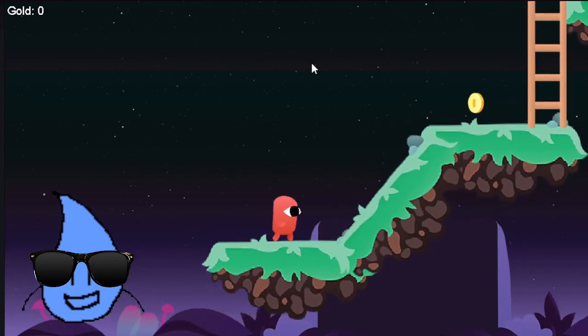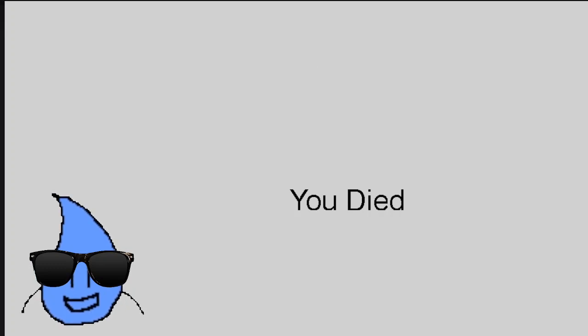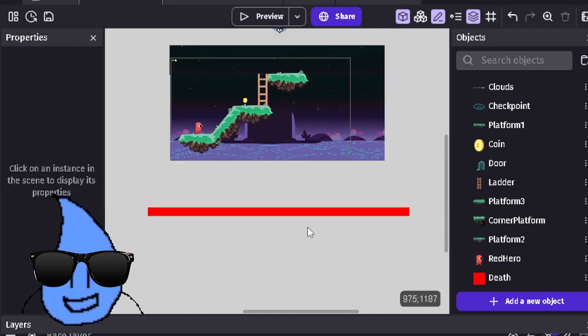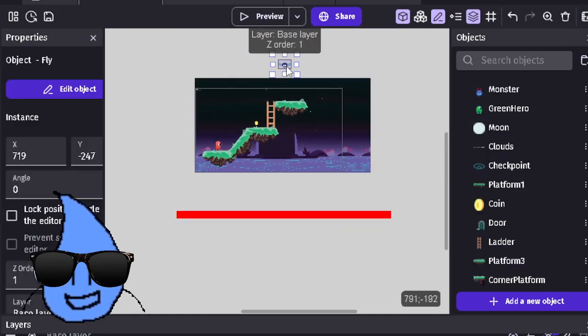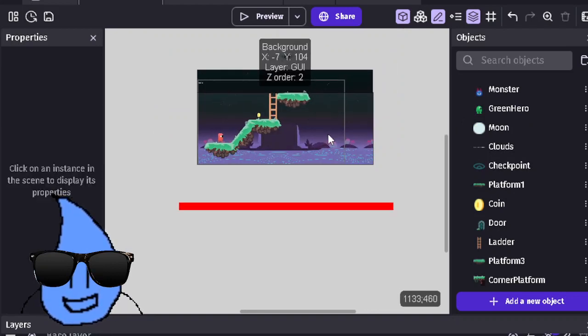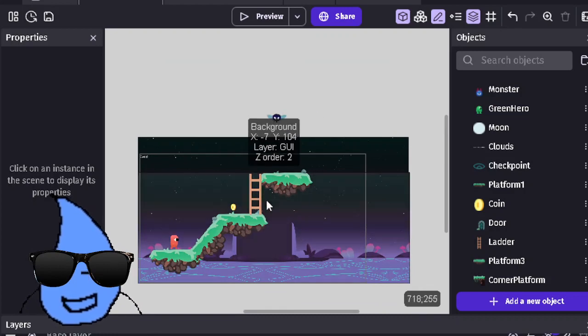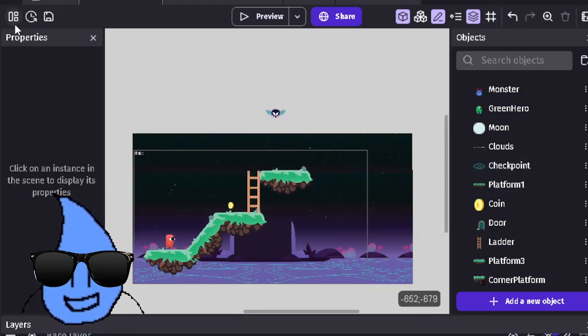Okay, there you go. And then once we jumped here, and boop, you die. As you can see, that's pretty much all the things you need for this crash course of making your own platformer. I'm pretty bad when it comes to making enemy things. Once I've learned how to create an enemy and how to create a checkpoint, you could always check out actually here